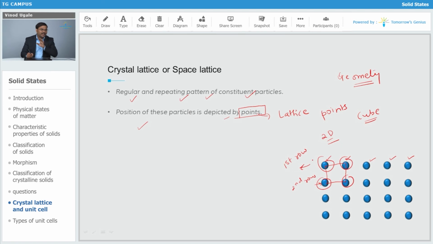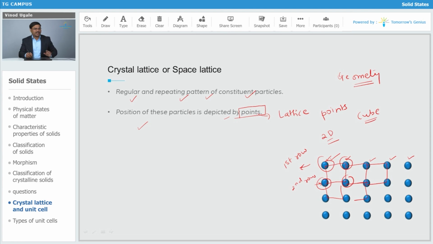Now when we have arranged them in a definite manner, you can see that here I got one square. If I connect these to other 2 lattice points, I am going to get another square. Here I am going to get another square, and also below I am going to get another square. So many squares I am getting. It means that the constituent particles are arranged in such a way that if you take the smallest portion of that crystal system, that smallest portion is going to repeat over and over throughout the crystal. Here I can say that the square is getting repeated. In 3 dimensions I can say that the cube is going to be repeated periodically throughout the system.